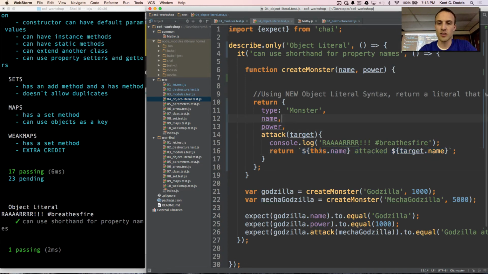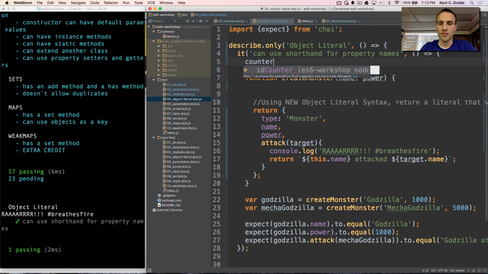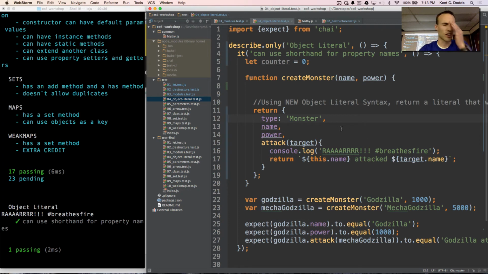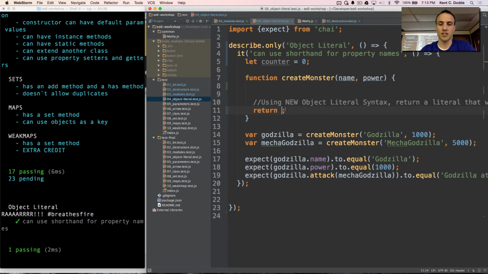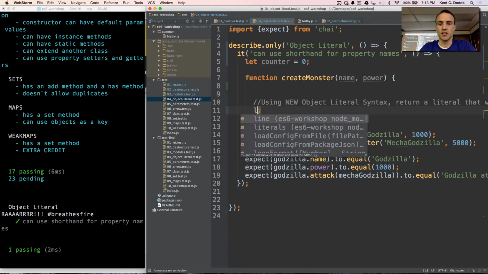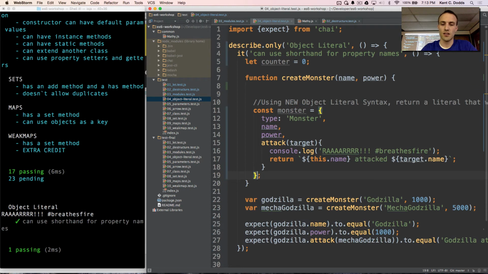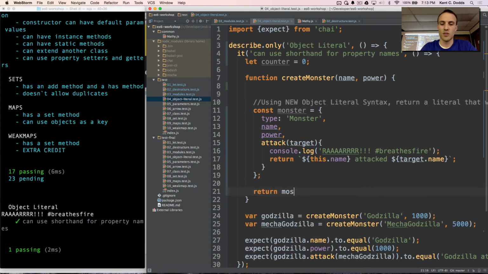One other thing about object literals that is way awesome is, let's say we had a counter here, so we'll say let counter equal 0. So we're going to compute a property name. Let's reassign this to const monster equals that object, and then we'll return monster.